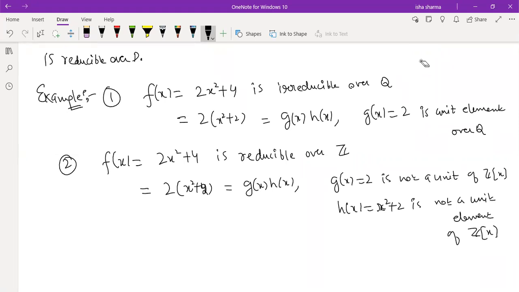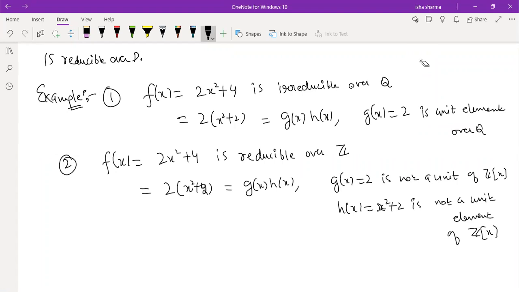And that's why, if you look at the definition again, we have used the words irreducible over D. That "over D" is very important. If you just tell me this polynomial is irreducible, then that statement is incomplete. You have to tell whether it is irreducible over this field or over this integral domain. So always make it a habit, whenever you talk about reducibility or irreducibility, to specify over what ring you are talking, because without that the information is incomplete, as this example shows you.